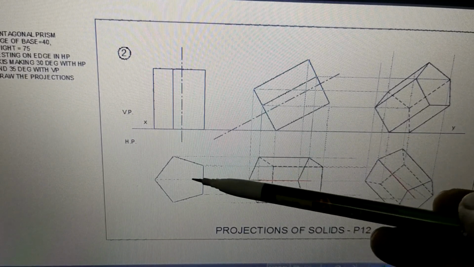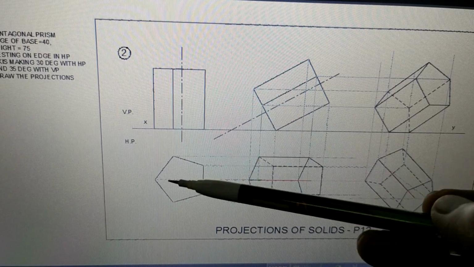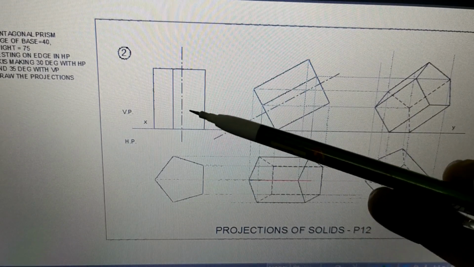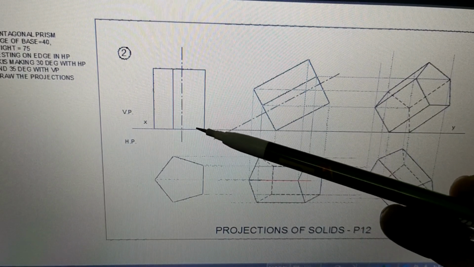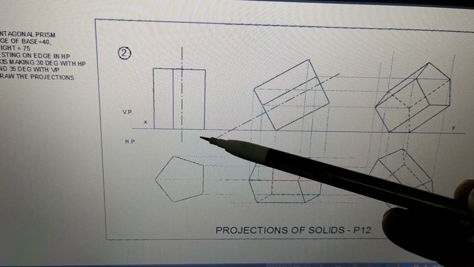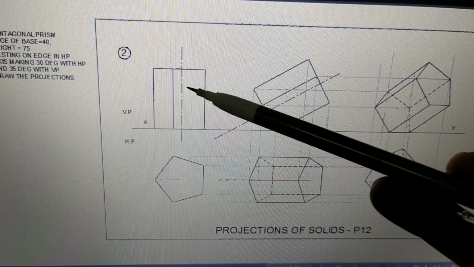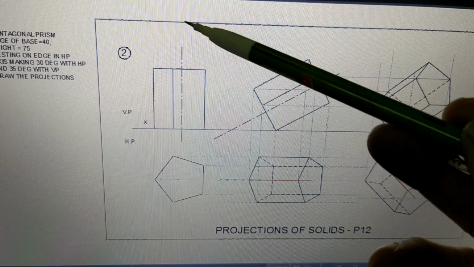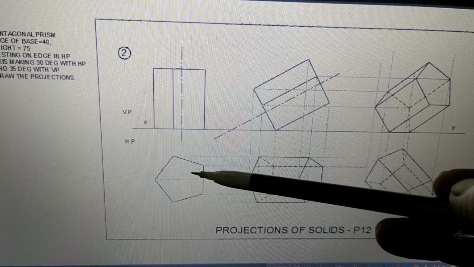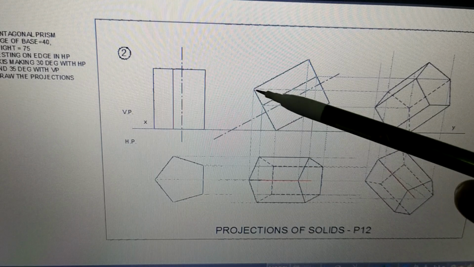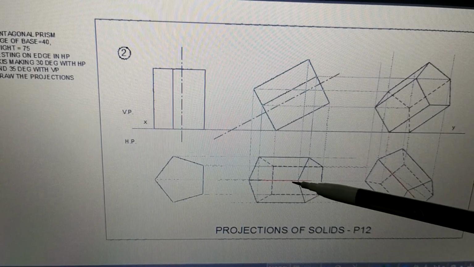So you should be able to visualize properly. When you say that this is a solid, this is the front view, this is the top view, immediately the solid should stand in front of your eyes. The solid is resting in HP, I am seeing in the front direction, this is what is seen. When I go above and see it from top, this is how it is seen. When it is tilted, after tilting, when you see from top, this is how it is seen.